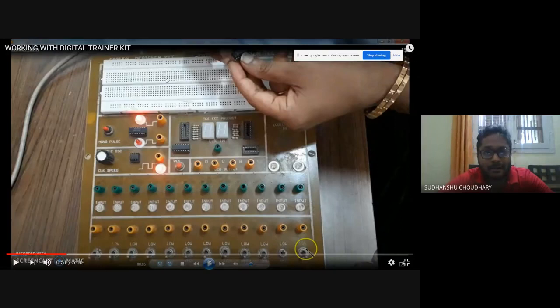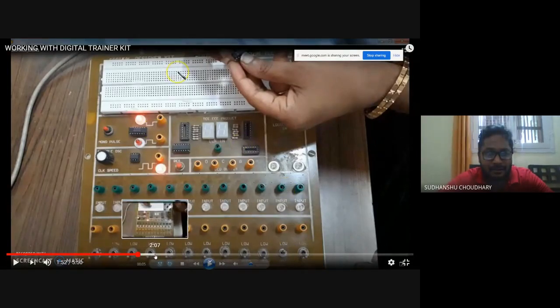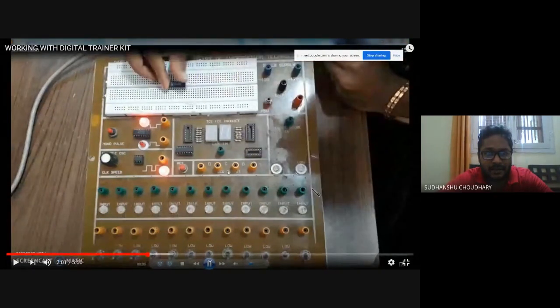Similar kinds of boards you will find in the lab, and then you have a wishboard or a breadboard here. On the breadboard you will connect the IC and then create the logic function. So how to put the IC? You will see that the IC is normally placed in the middle of this wishboard.